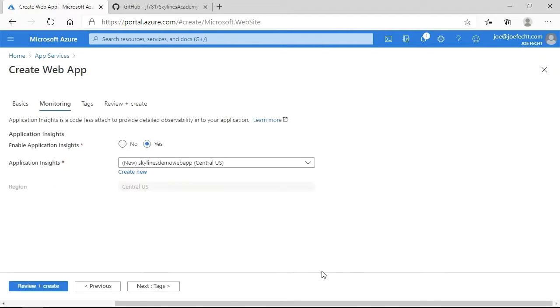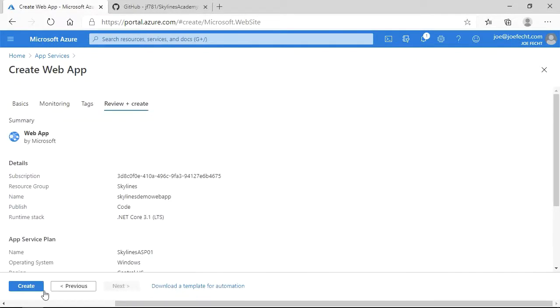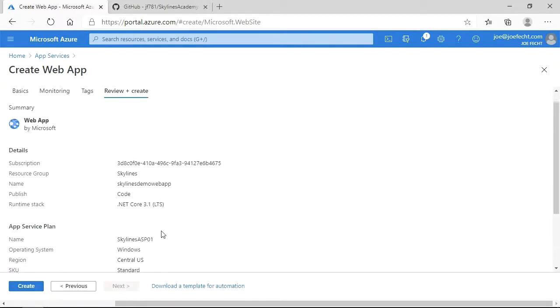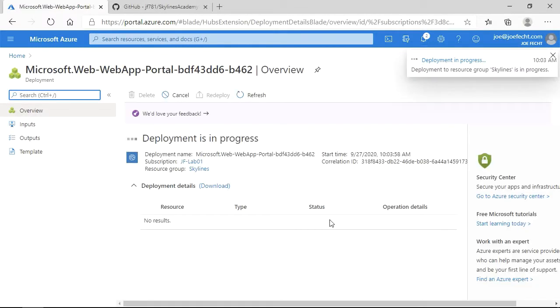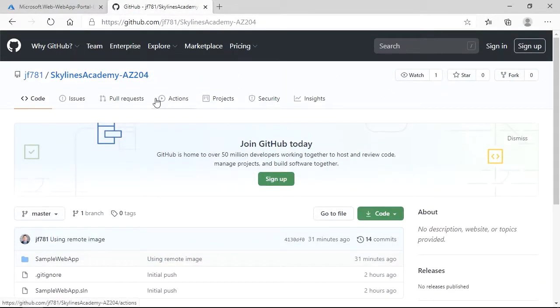We'll go to monitoring, and here we have the option to create or enable application insights if we like. Let's go ahead and turn that off for the time being. We have the option to create and assign some tags. We'll leave that blank for the moment. And now we're going to review our settings, and then select create. So while this is deploying, I've got a Git repository over here